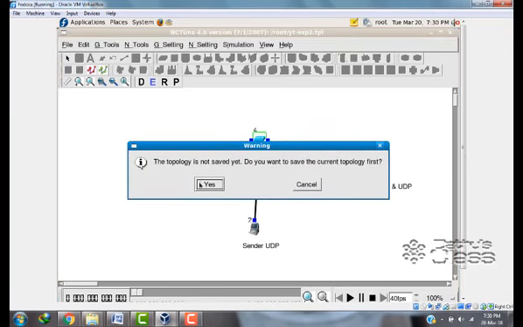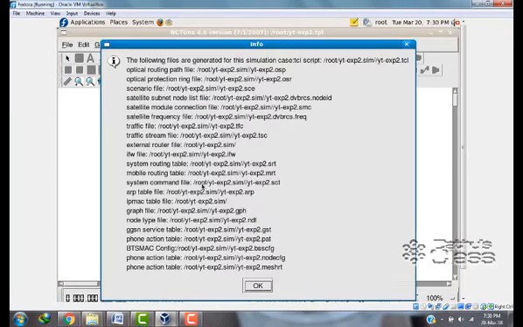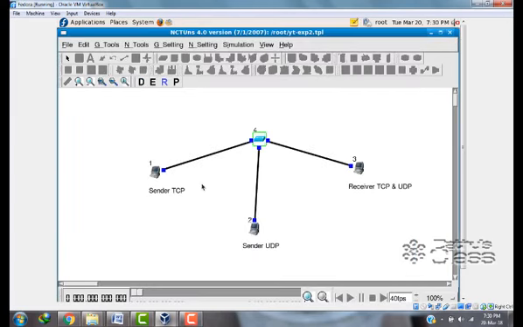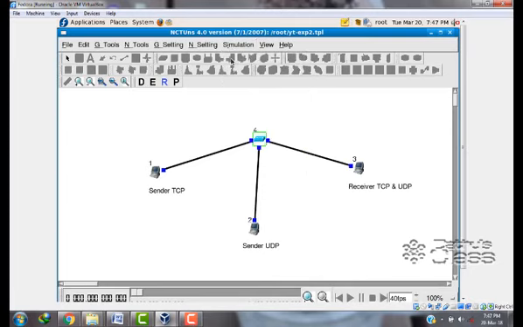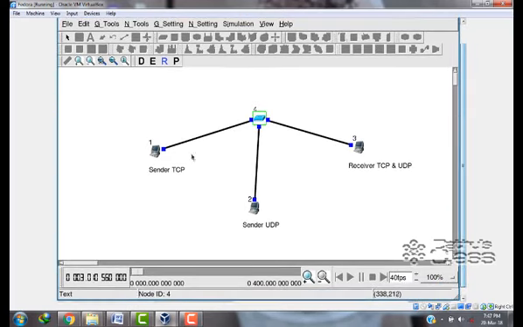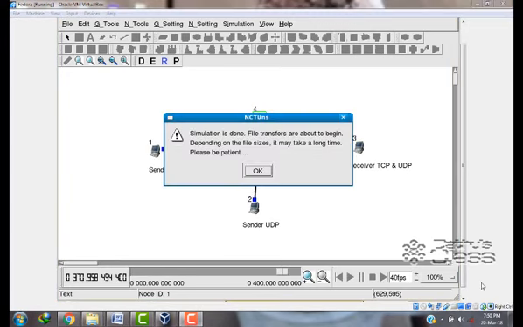So here click on S, it will save the topology and n number of files will be generated. Hit on OK. So we now came to run phase. In the run phase, we shall start our simulation by clicking on simulation tab and clicking on run button. This will start the simulation and it will be lasting for 20 seconds, as you can see here. For the sake of saving the time of this video, I will be pausing the recording. Once the simulation is completed, I will be resuming.